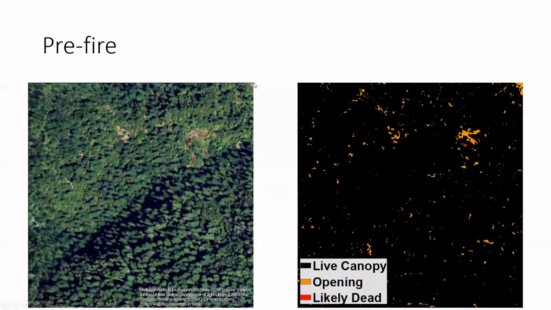So I'm going to be showing off all the various things I calculated on the same square over and over and over. So this is just a pre-fire shot of it. You can see it's very dense canopy. There's a few openings here or there. The brown on the right indicates where the openings are. The black here means live trees, and that's kind of an unusual color choice, but we're going to be interested in where the trees that die are. So the live canopy is sort of the background from the perspective of this study, so I colored it a background color.